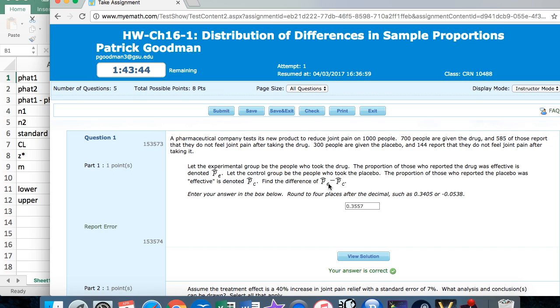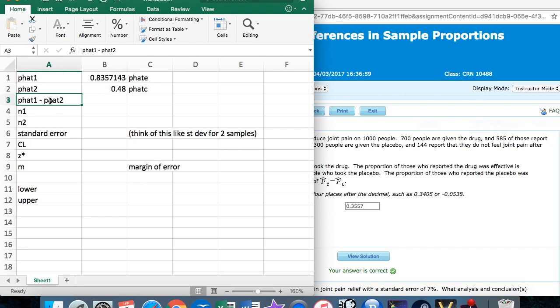So they want, it's usually always your p hat 1 minus p hat 2, or in this case, the first one they chose is just p hat e. So you just do p hat 1 minus p hat 2. So go ahead and do that in this cell. So I click on my p hat 1, subtract off my p hat 2, and voila, that's the difference in proportions. So there's about a 35% difference between